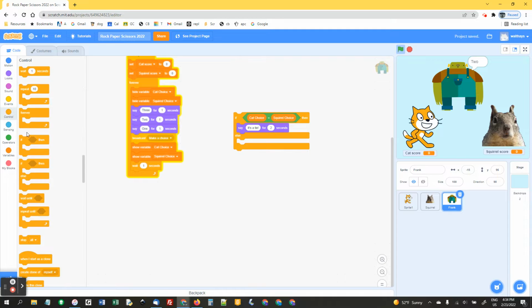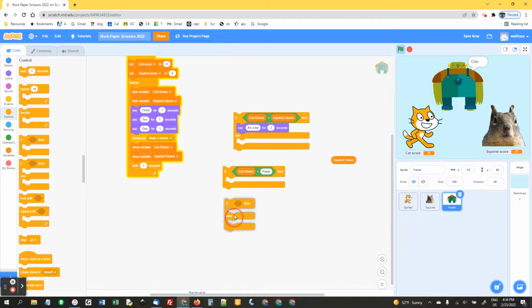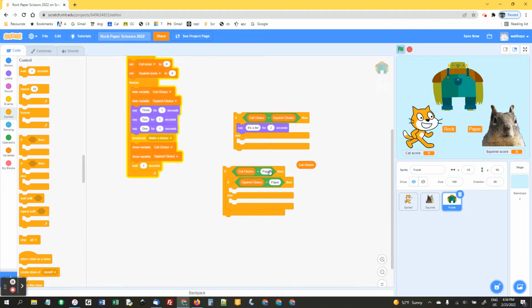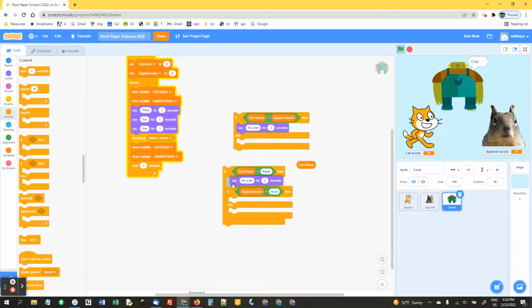Okay, so now we know they're not the same. So now we have to make an if statement for each other case. So I'm going to duplicate this. I'm going to use cat choice as my main thing. So if the cat choice is paper, then inside of there, we need an if else. I'm duplicating this. And now if the cat is paper, we don't have to check if the squirrel's paper. We already checked if they were the same. So if the cat is paper and the squirrel is rock, remember paper beats rock. So then we'll say